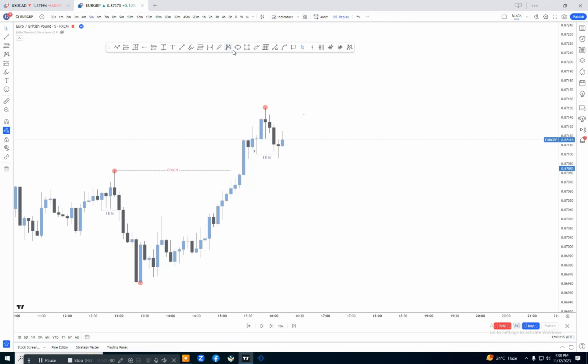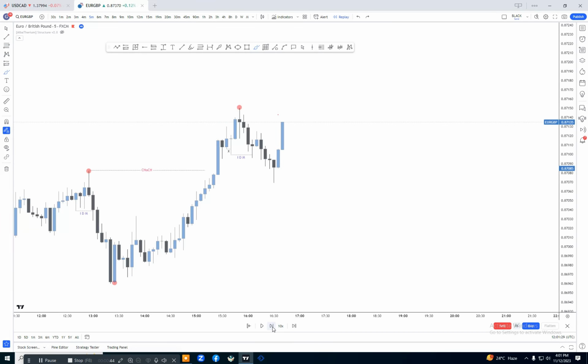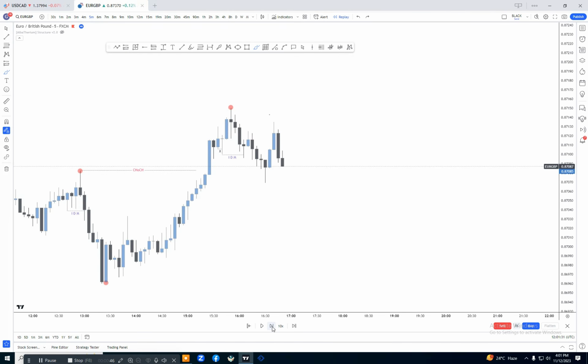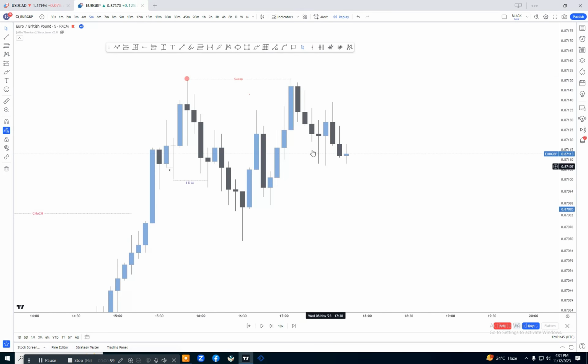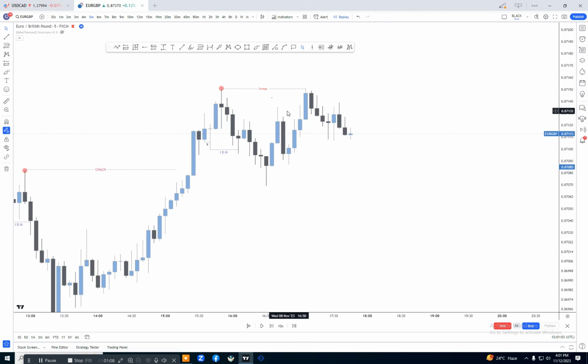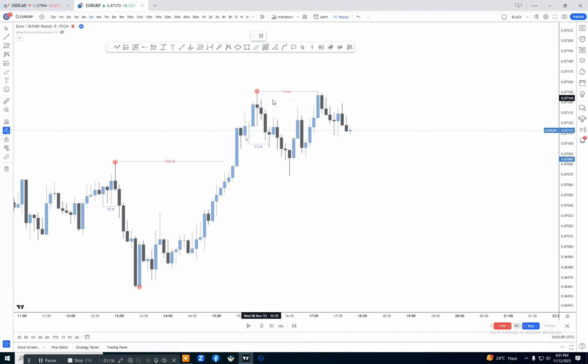Now if the market continues to push to the upside like that and closes above the previous high, this will be a breakout structure. For now, let's see what the market will do. If we see here, the market is pushing to the upside now. Still, let me mark that higher high. You can see the market has just swept the previous high, but did not close above it. That means this will not be a breakout structure. Some traders will mark it as a breakout structure, but this is not a breakout structure. This is just a liquidity sweep.